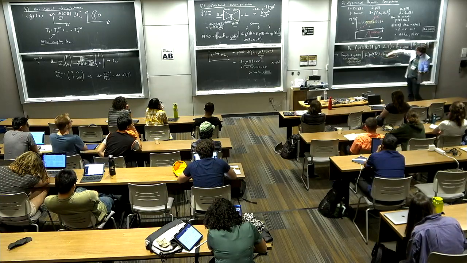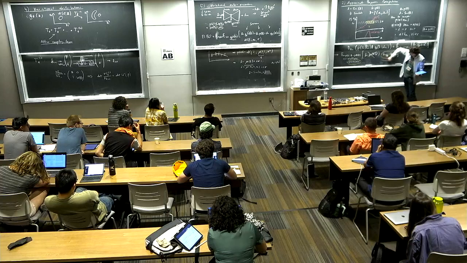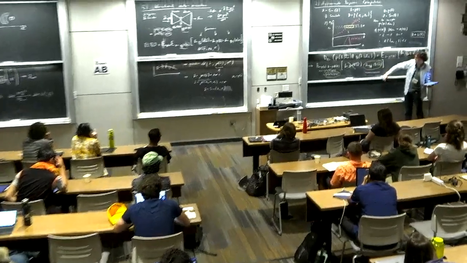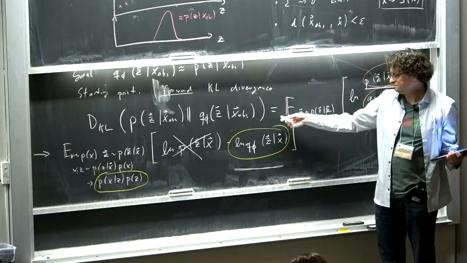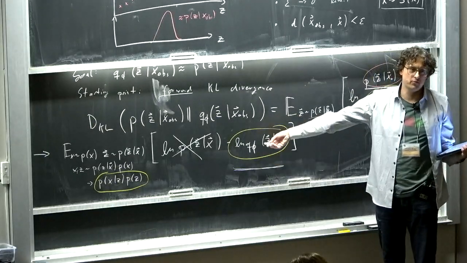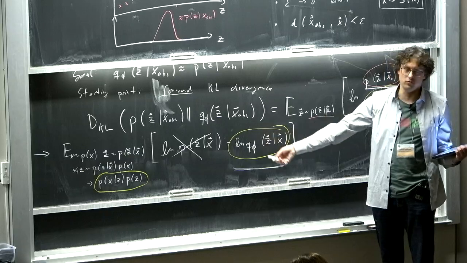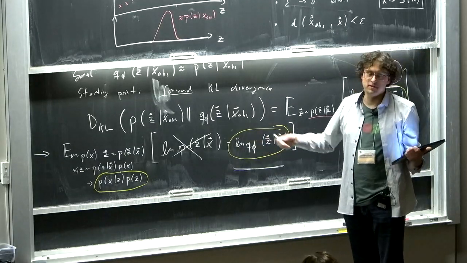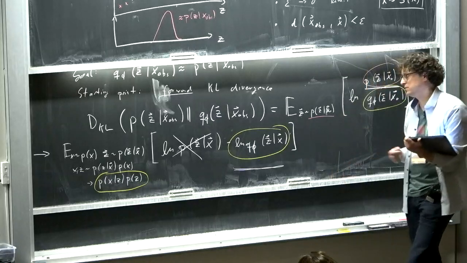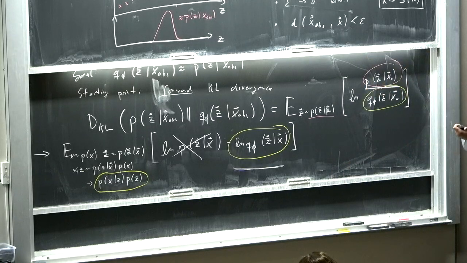The big challenge, or not big challenge, but one of the challenges in using this type of approach based directly on the KL divergence in this way is that you still need a density estimator. So the network that you optimize here needs to be something normalized to 1, non-negative, and so on. So in order to do this here, you need something like a normalizing flow, or you assume that the posterior is Gaussian.